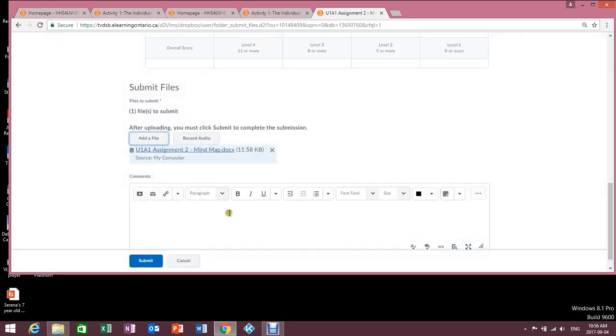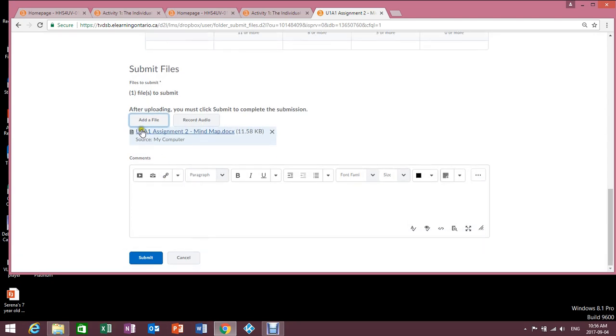Then you add. You're not done yet. Don't leave yet, because if you do, you are not done. So I got my file here, I submit. You can also check your file. If you click on it now, you can actually open to view your file to make sure that you've handed in the right thing. It's probably a good idea to do that. I know it's the file that I want, so I'm not going to. But once I'm ready, I hit submit.